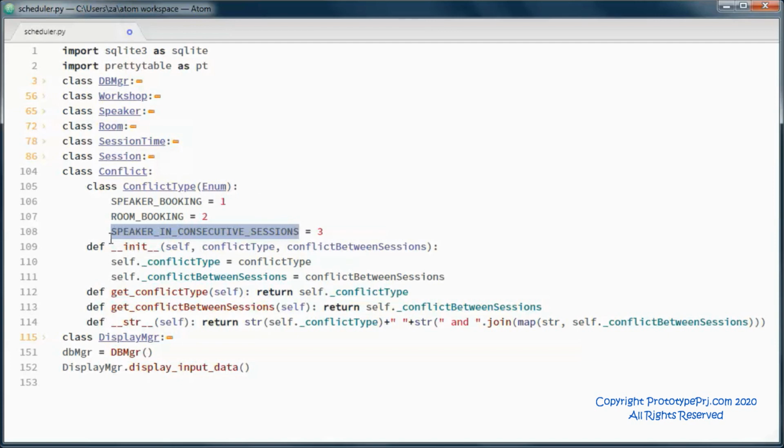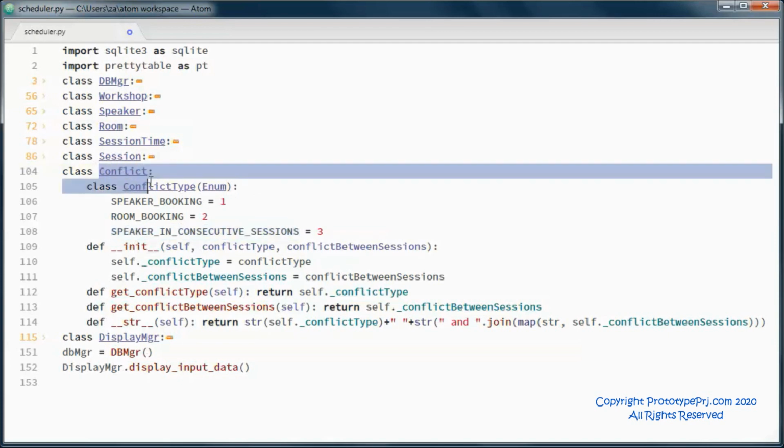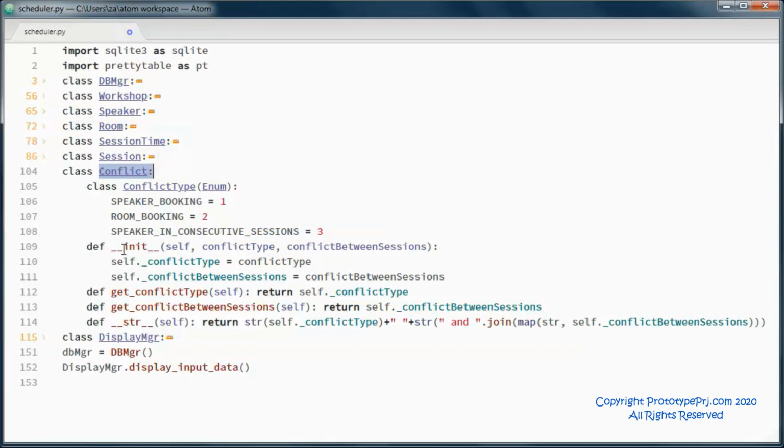And in the constructor of this class, we initialize conflict type, so it would be one of those three, and the sessions that this conflict is in between.